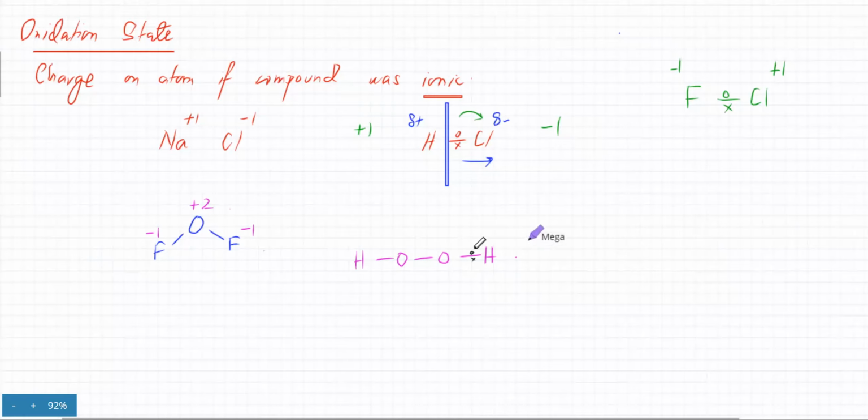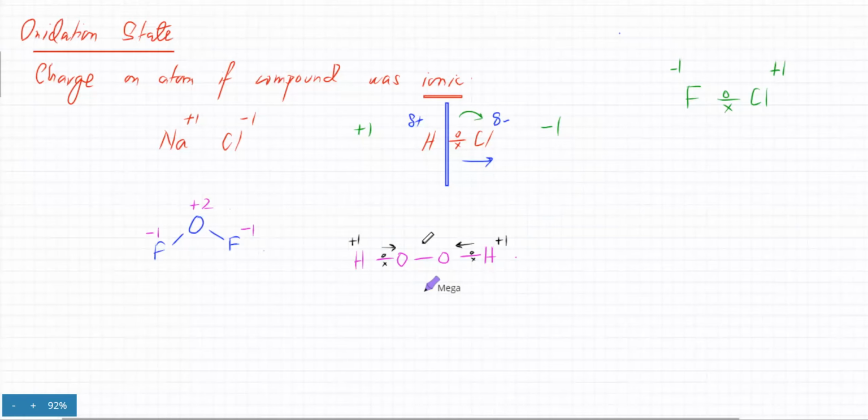Hydrogen would have plus one definitely, right? Because these electrons would be closer to oxygen, right? So oxygen would be gaining how many electrons? How many electrons would this oxygen gain? It's going to gain